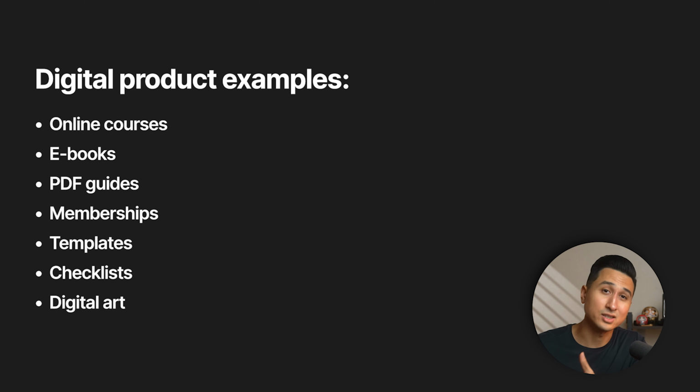Secondly, digital products are scalable. And this is possible because you can create a product one time and you can sell it as many times as you want without any extra effort or production costs. Thirdly, digital products are flexible and can be easily updated at any time. Because unlike physical products where you have to go through an entire remanufacturing process to make even the smallest change to your product, digital products let you tweak things whenever you want,